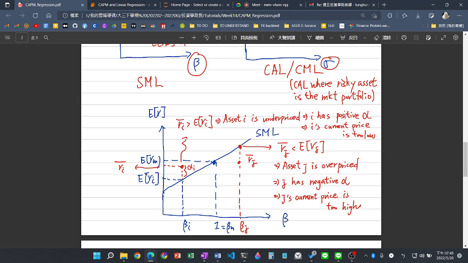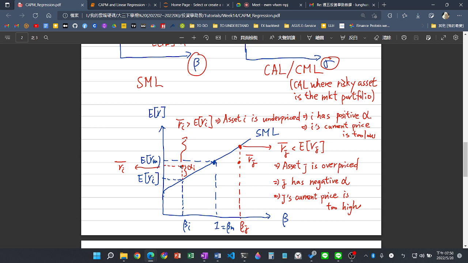So let's say today we have one year's data, and we calculated its average return, here denoted by R_i bar, and we found that this R_i bar is actually higher than the expected return of R_i that we get from the security market line. Then what does it mean? It means that the asset i is underpriced. Also, we say that it has a positive alpha,